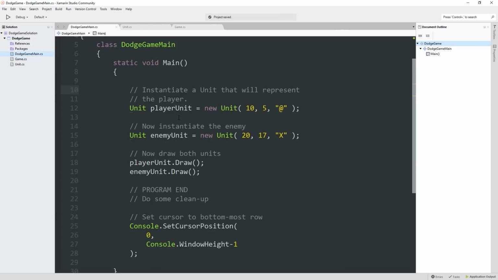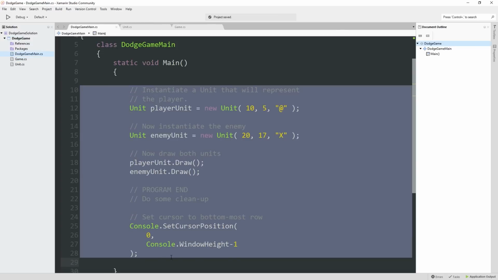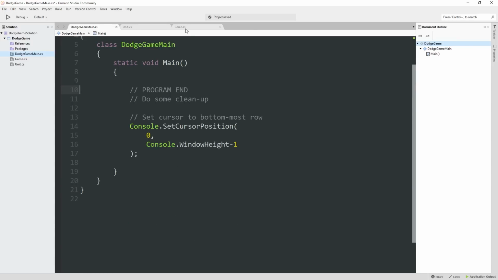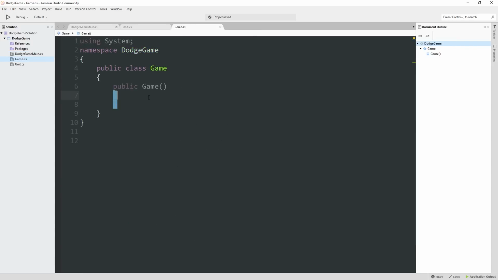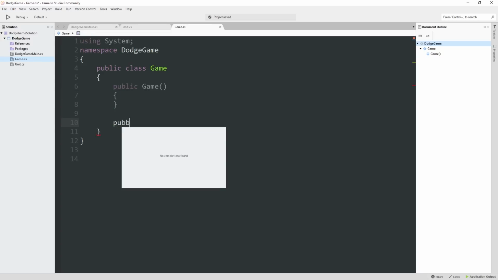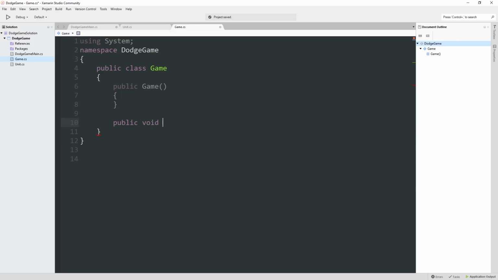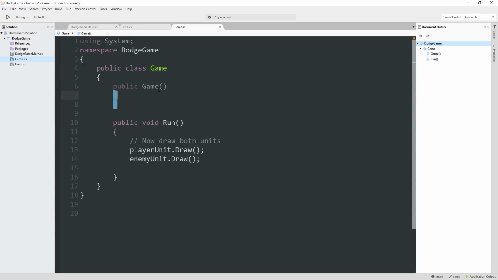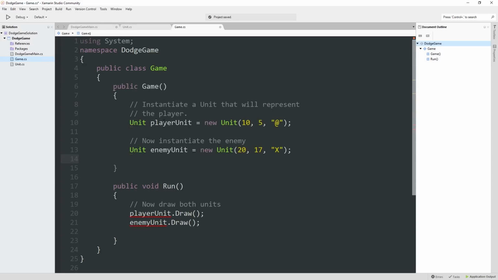And in fact, in Main, I'm going to take all this part. I'm going to cut it out. And instead, in our Game, that's where I'm going to do most of this work. I'm going to have the constructor, and then I'm going to have a public void Run method over here. So what I want to do in the constructor for Game is instantiate our player and our enemy, which are going to be